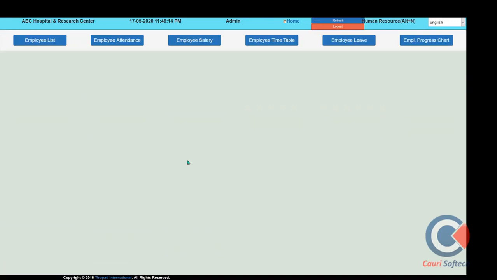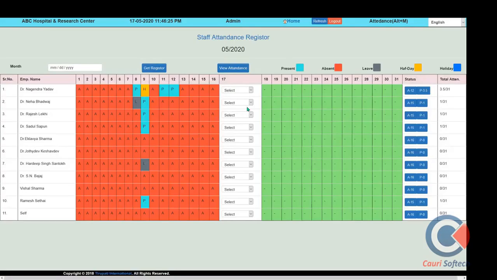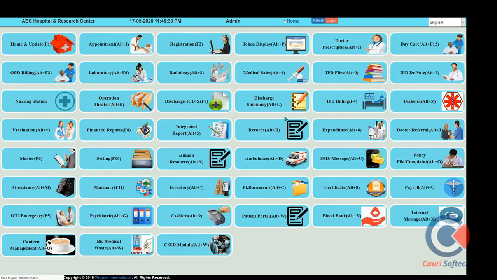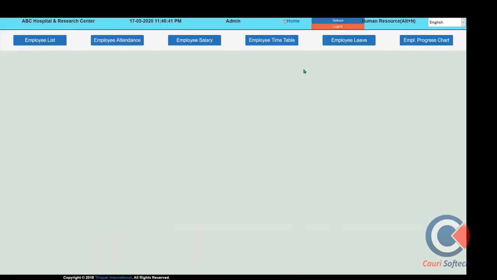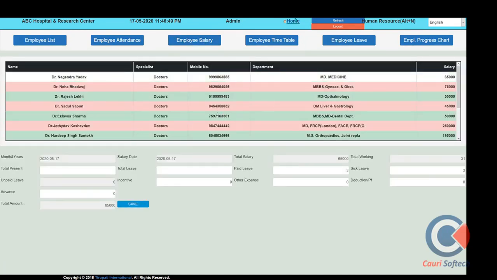The next one is the human resources module. Here we can maintain our staff's salary, attendance system, and leave requests; all these things we can perform here. Attendance has biometric connectivity for the device, or manual absent and present can be entered from the software. This way we can use the attendance module and HR module from here. Employee salary can be generated from this module, and HR-related activities can be performed here.